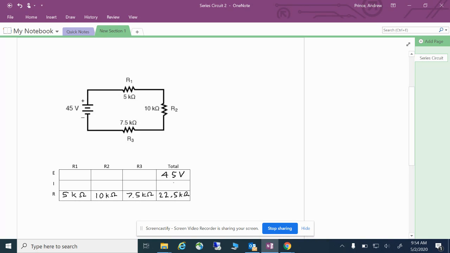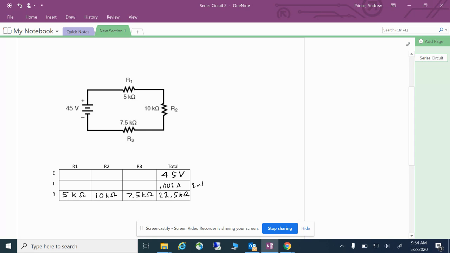Now I got two values again. So let's go ahead and find out what our current's going to be on that. So Ohm's law, we take 45 volts divided by 22,500 ohms. That's going to give us a pretty small number here. So we got 0.002 amps, or if we wanted to write that a little differently, as long as we keep our units straight,